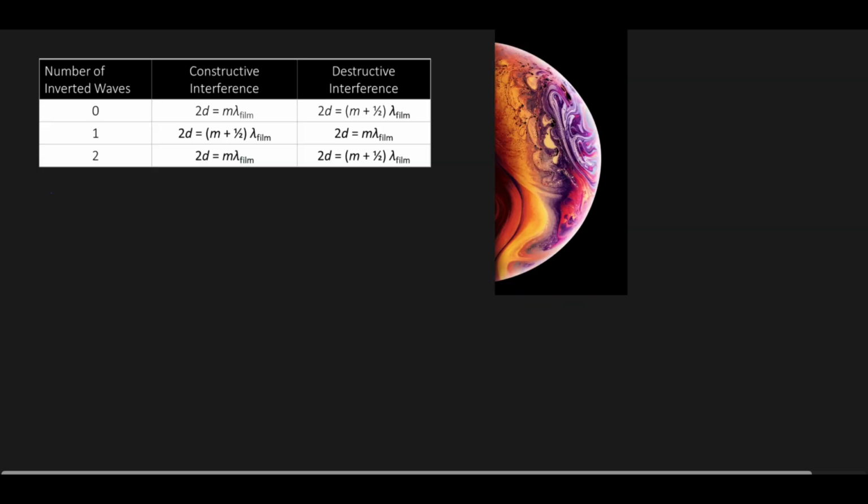So this is our answer. Now here we have the thin film interference problem, or the equations for it. So we have for constructive and destructive interference, and the reason why I attached here the picture of the iPhone X or the iPhone 10 wallpaper is because many people think it's a made-up planet, but in reality this is a soap bubble, and with the right lighting you can see how brilliant and amazing looking thin film